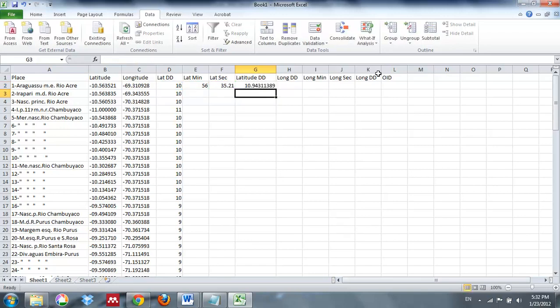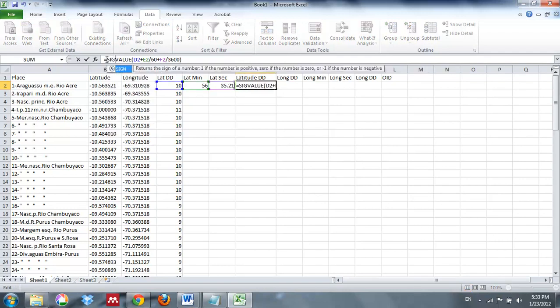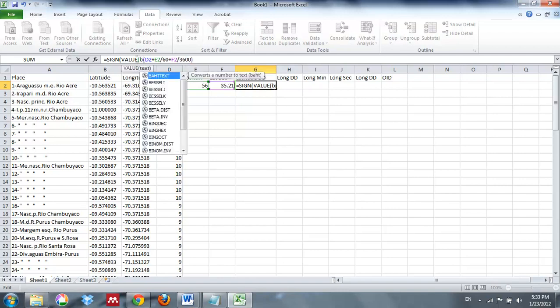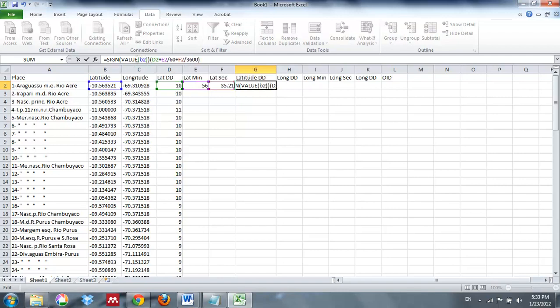Note that if I just hit enter now, it's going to give me a positive number. So that's going to be telling me that that's in a different hemisphere. So what we're working with is the southern hemisphere. So we're going to want to be sure that we make this a negative value. Now there's a couple of ways. One way to do that is to take the sign of the value. So I can type in here sign of the value of B2, which is the column we're working with,